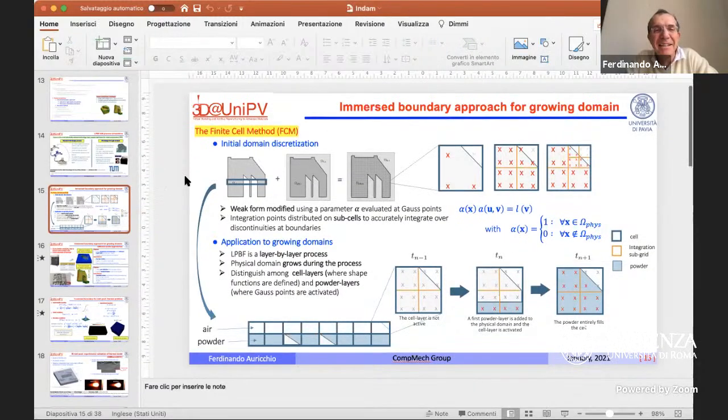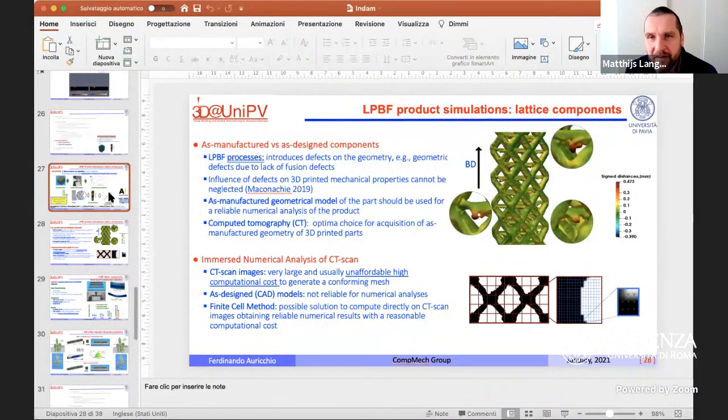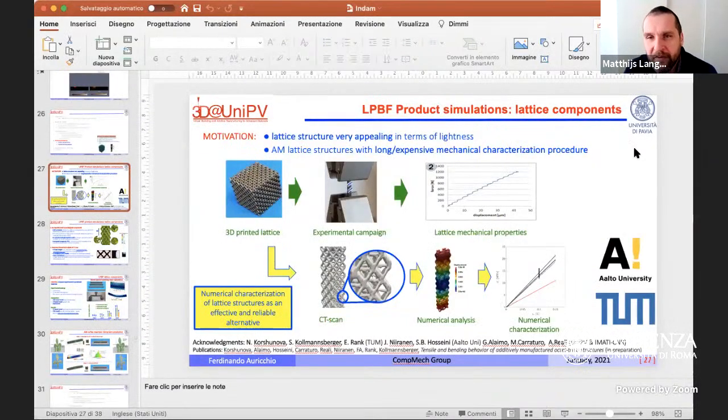Very impressive to see this whole range of activities that you have. I have a question that was triggered by the lattice structure that you showed. I look at it from the viewpoint of design. We observed similar things when we printed very tiny structures, flexures, that the performance was quite different from what you would predict. So it's impressive that you can mesh and predict the performance of the lattice with all the defects. But the problem I have is you don't know the defects in advance.